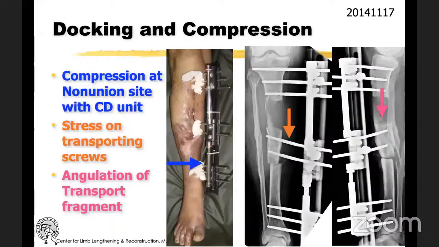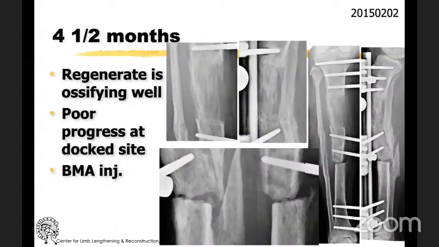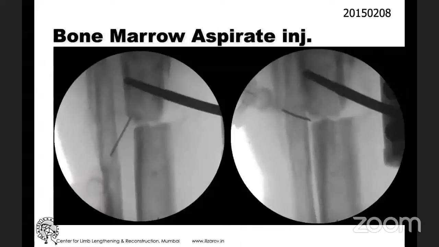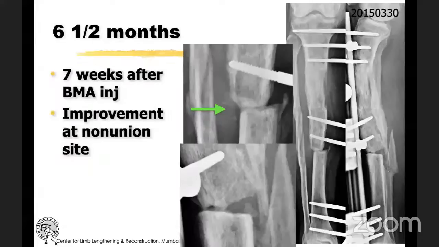So upon docking the non-union ends, we have done the compression, but compression at the non-union site has caused stress in the transporting screws and angulation of the transported fragment. After 4.5 months, the regenerate is ossifying well, but there is poor progress at the docking side. So we had thought of giving a bone marrow aspirate injection. So we have given bone marrow aspirate injection at the non-union site. After 7 weeks of bone marrow aspirate injection, there is some improvement at the non-union site,